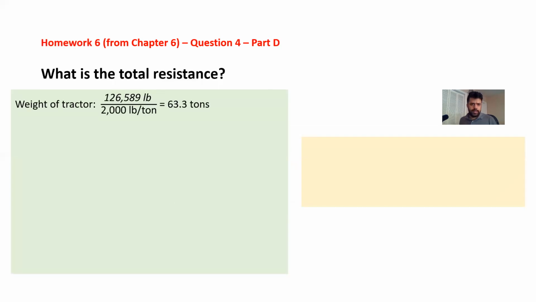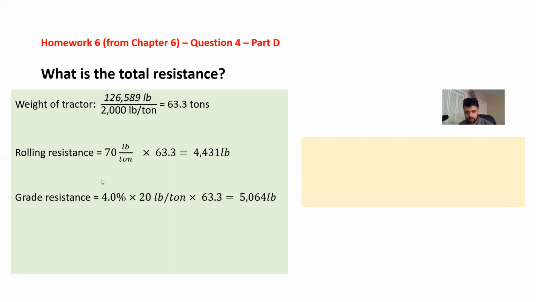What is the total resistance? For total resistance, we first convert the weight of the vehicle from pounds to tons by dividing it by 2,000. It will be 63 tons. Rolling resistance is 70 pounds per ton. For 1 ton, it is 70 pounds. So this equipment is 63 tons. That's why its rolling resistance is this much,